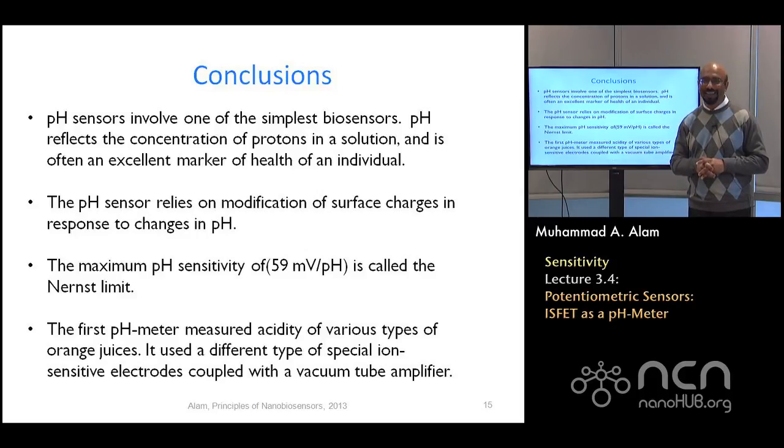So you can see that the physics is very similar. There's a marrying of the technology of electronics with biosensing even at that time. But this is much more sophisticated because now we are talking about a single MOSFET doing both the sensing as well as the amplifying, not two different pieces where you have an electrode to measure the pH and a vacuum tube to amplify it. This integration and ability to make things small actually makes the potential of these techniques really significant, as we'll see later on. Until next time, take care.